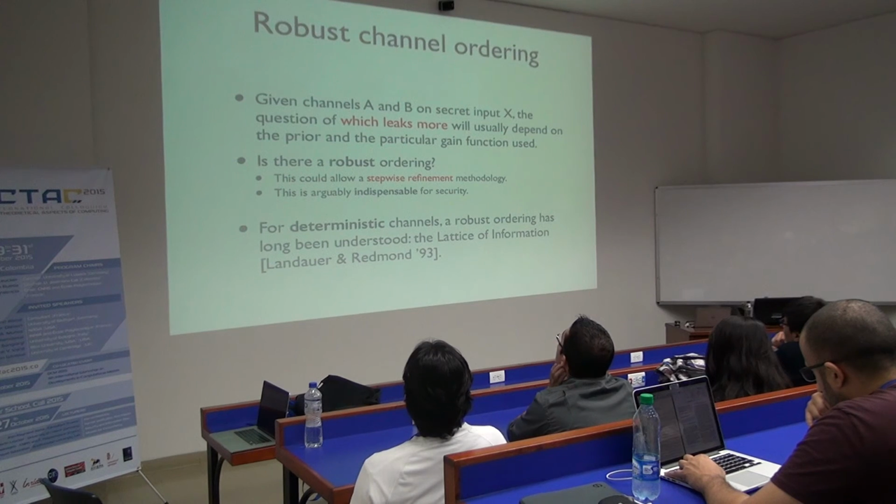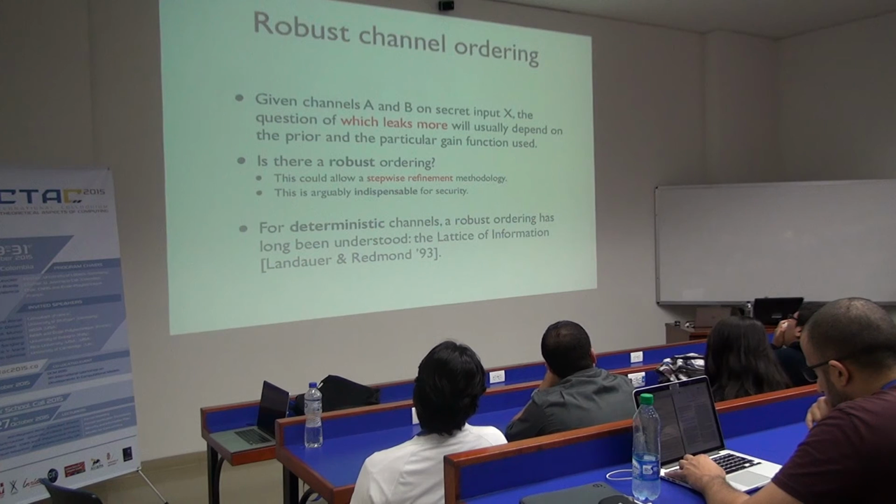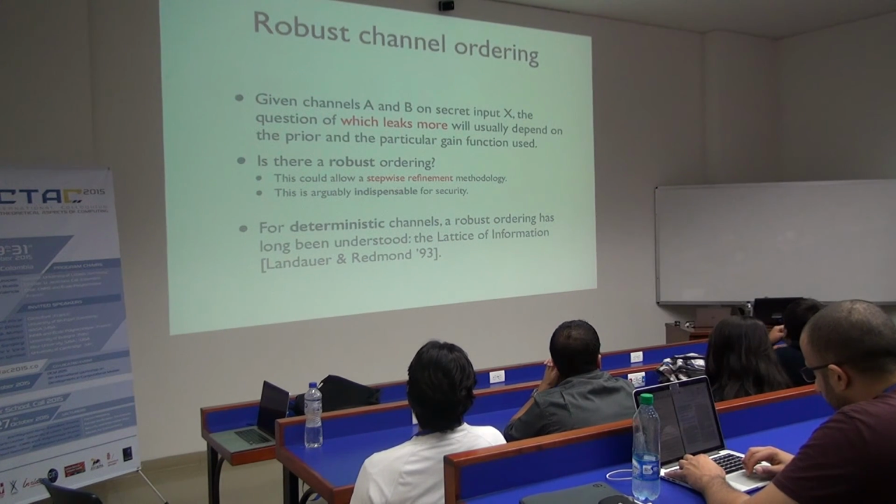And then also, in particular, I would like this order to be something that is a structural property of the channel. Right? That I can look at two channels, and without going into leakage measures, because the leakage measure will necessarily depend on these priors and all that. Right? So I want to establish something that just talks about the structure of the channels, and that I have some results that says that if I have this structural ordering of channels, then this will imply a leakage order,